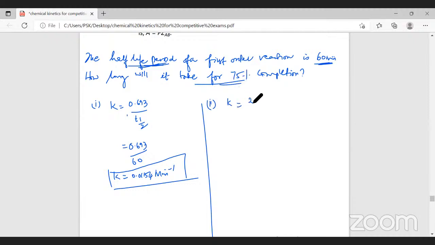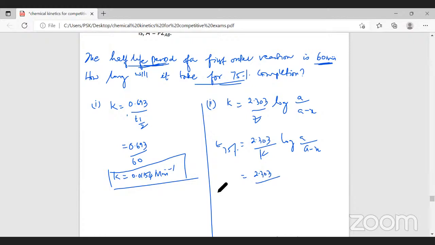So K is equal to 2.303 by T log of A by A minus X. So I can write the time required for 75% will be equal to 2.303 by K. We can bring K to the denominator, or take T to the left side, log of A by A minus X. That is equal to 2.303, K value we found out here, 0.01154, into log to the base 10 of